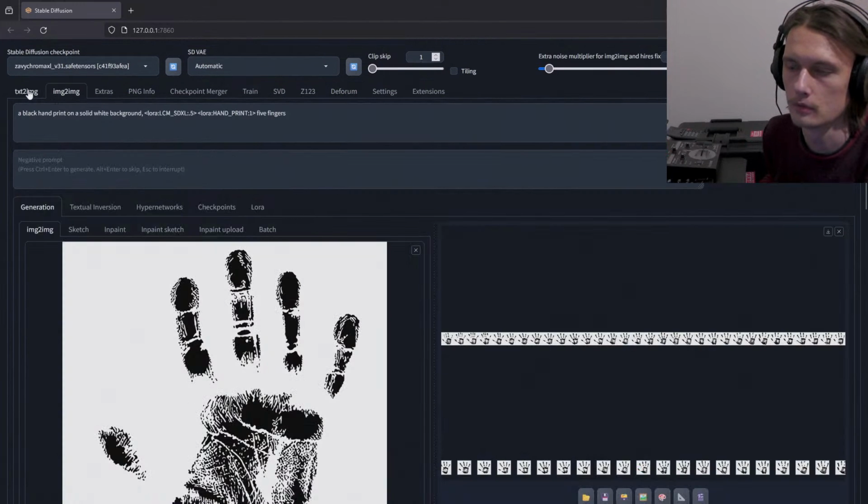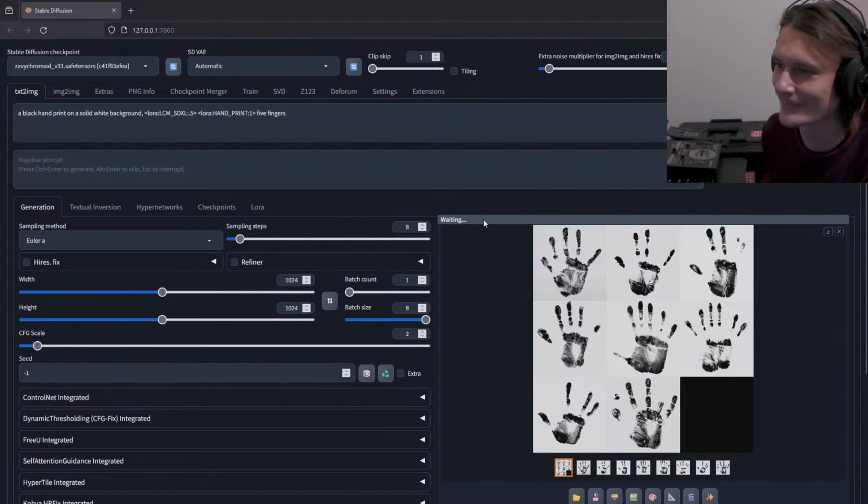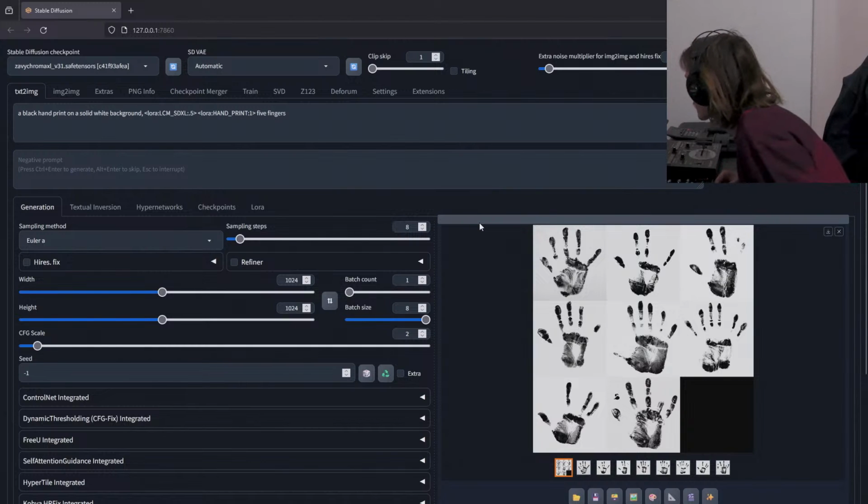So, let me look at, are there any usable handprints over here? None. They all look terrible. Let's see. I'm making this similar to the butterflies,